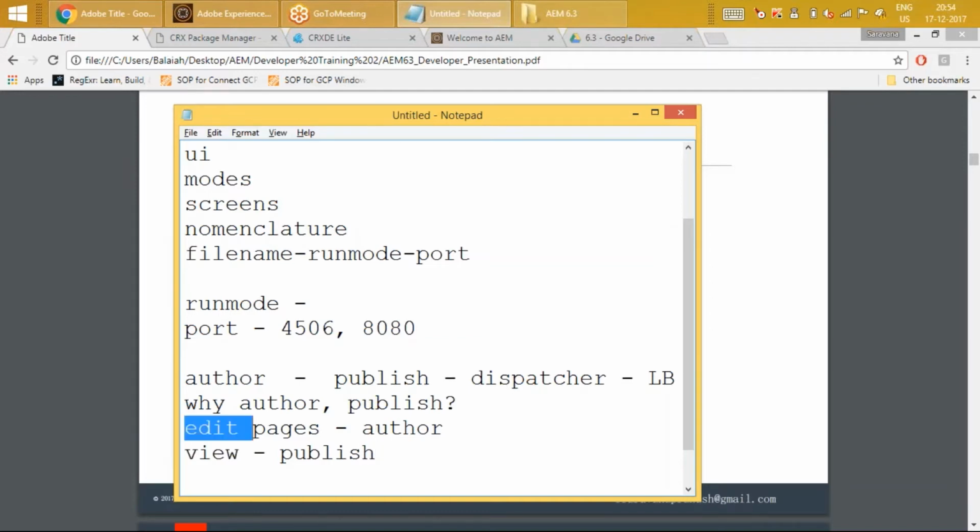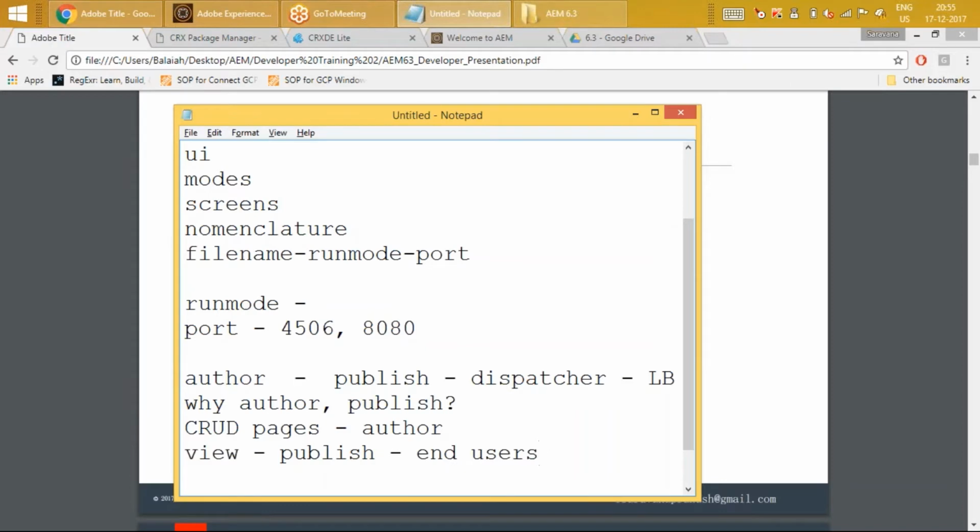All your, I'll call them CRUD operations, right? I hope you know what a CRUD is. I'll call them CRUD operations, and publish is only for viewing. But why shouldn't I do CRUD operations on a publish? What harm is going to happen if I do CRUD operations on the publish directly? We are giving only access to see the pages. We cannot give access to create the pages and edit the pages for end users. They don't need these things. They only need to see the pages.